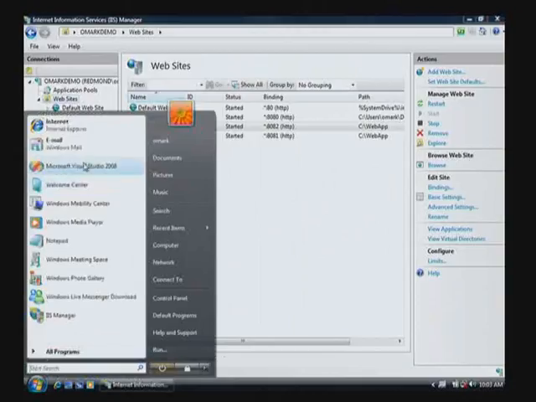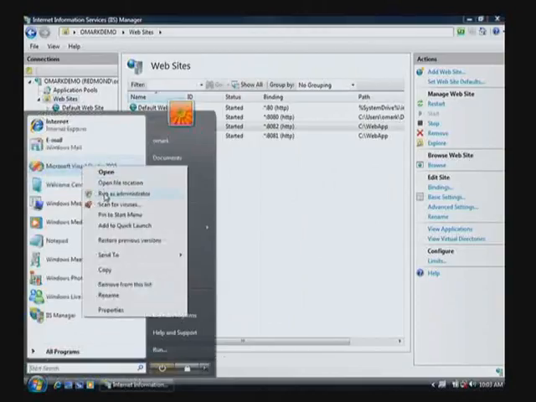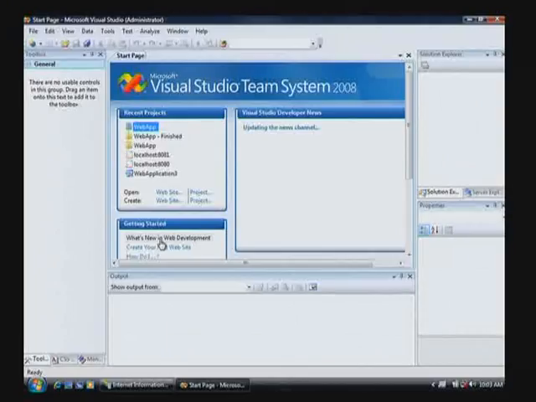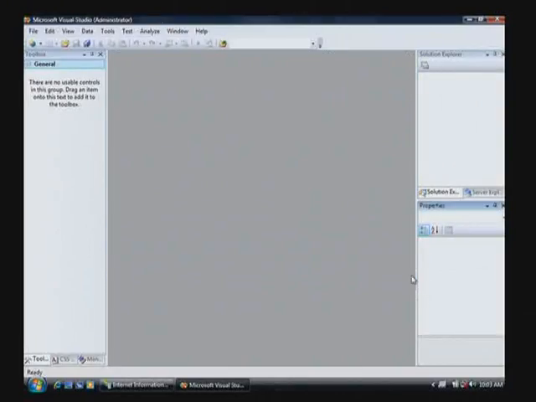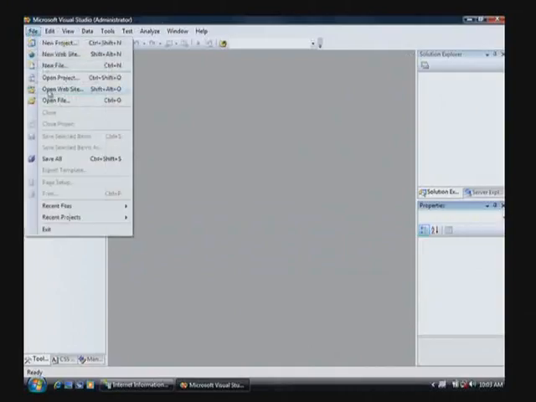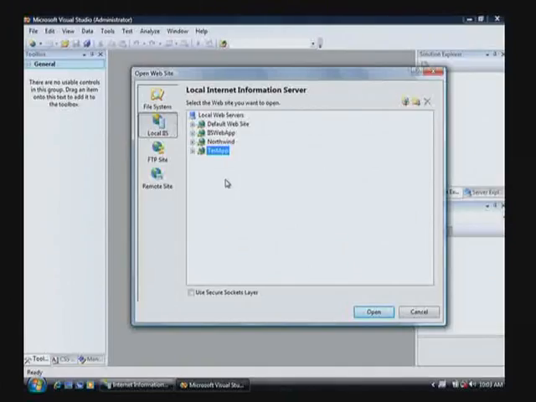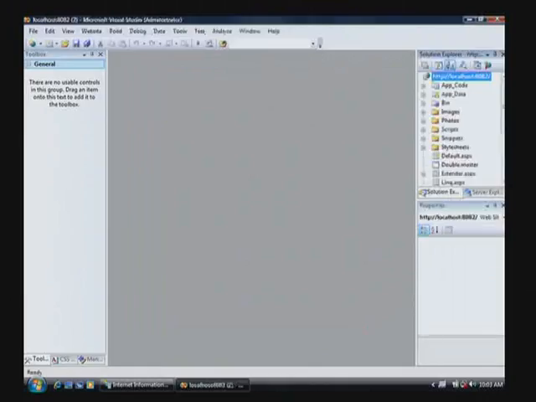The other thing you can do is then run Visual Studio as an administrator. This is one of the things that you'll notice in Visual Studio 2005 and Visual Studio 2008: to use IIS, you have to run with elevated privileges, so we can run with administrative privileges. Visual Studio will also give you a message indicating this is what you need to do if you try to open an IIS application. We'll go ahead and open that website. Instead of opening it from the file system now, we can open it from IIS here. And we'll just open that